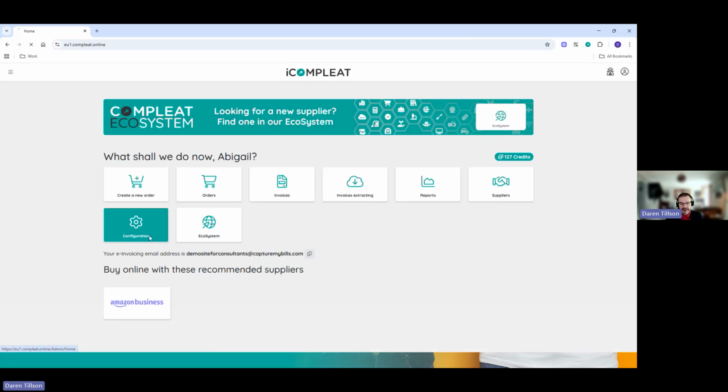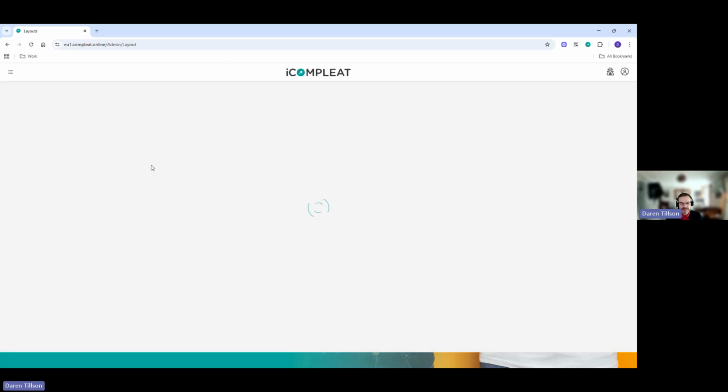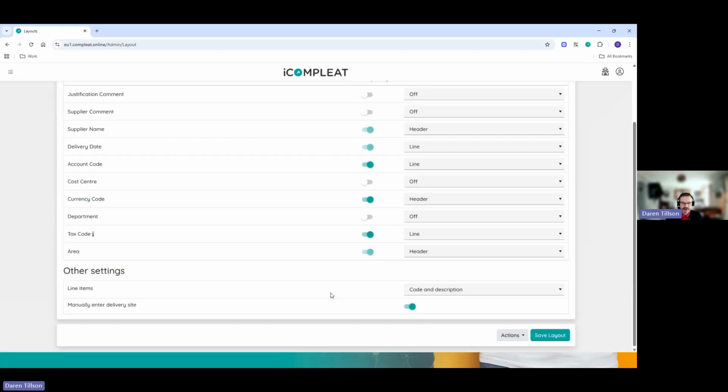If I get back into the layouts section, it's the purchase order layout itself, I can just show you down at the bottom, we've got a couple of other options as well. As you'll see down at the bottom, the option to select which line items are going to be required. So do we want to ask for an item code and an item description, or just an item code,